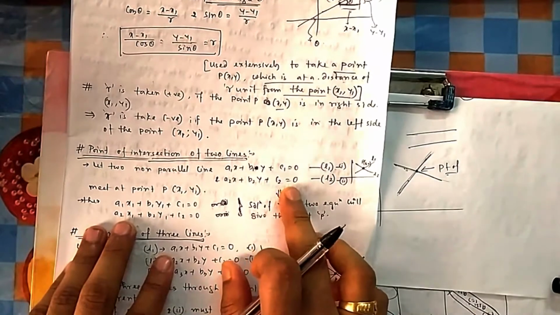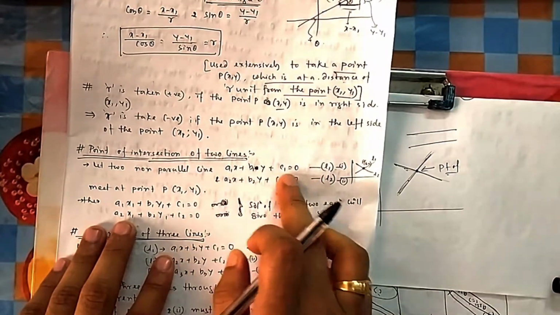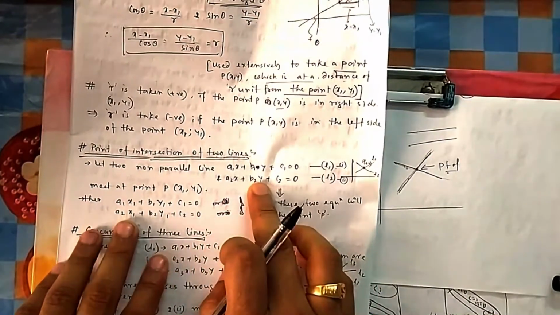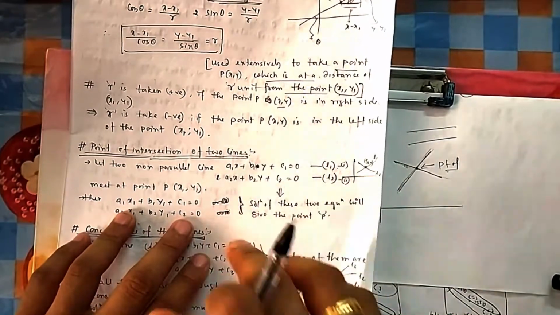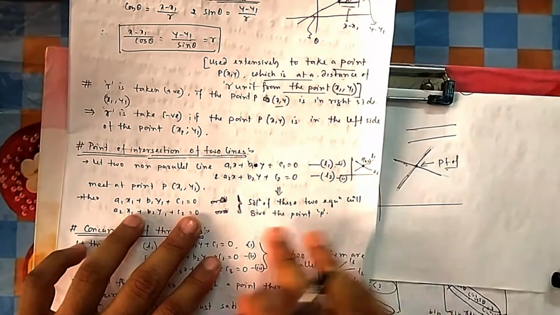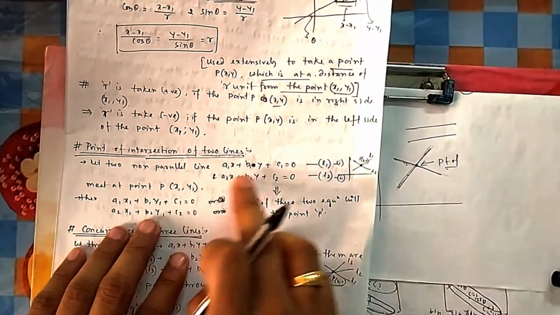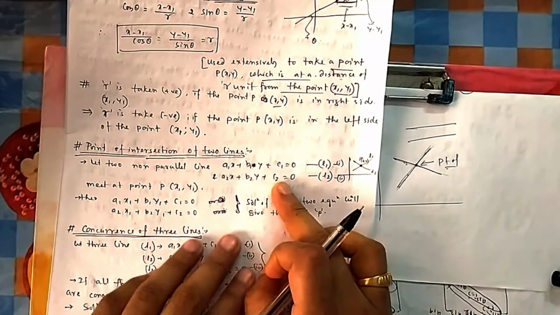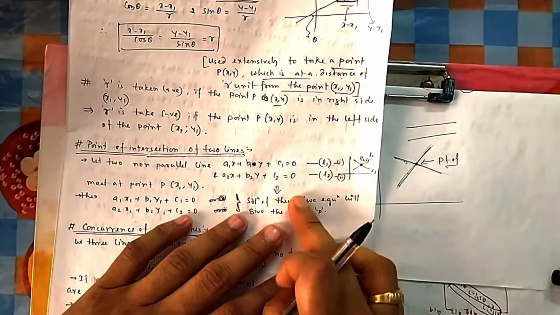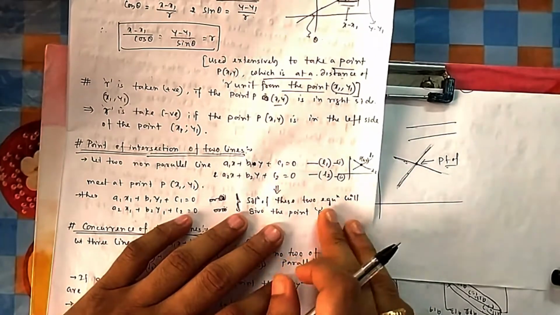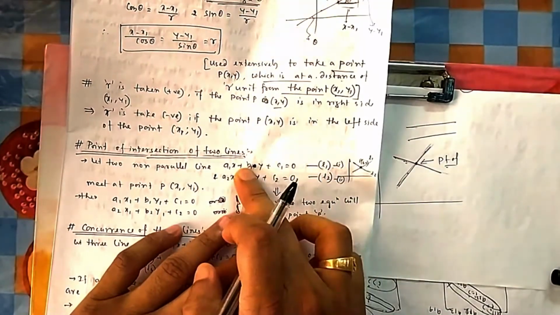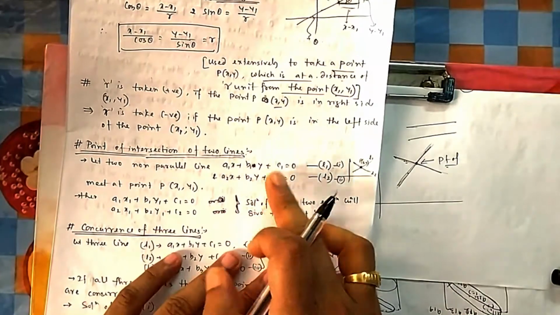How will it say I am on this line? If it satisfies its equation, this is its characteristic. Left and right hand sides should match. If you put x1 and y1 and it is equal to 0, then it is saying that I am on this line. If it is not equal to 0, then it will say no, I am not on this line. Because the point lies on both lines, both equations will be satisfied when you put that point. And what point satisfies both these equations? That is nothing but the solution of these two equations. You have solved simultaneous equations. There are many ways to solve these equations in x and y. Once you solve them, you will find the values of x and y, and when you put them in, they should satisfy. That is the condition of a solution.